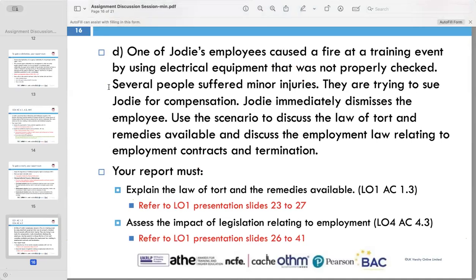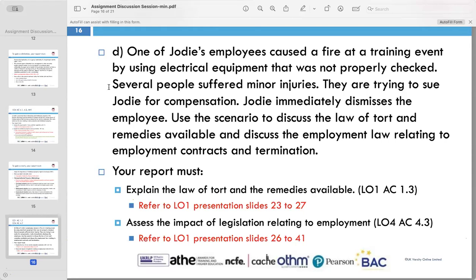Okay. Yes, Jody. So, Hanesh, my question is, for example, if she is telling about this, there will be two different aspects. For example, before she dismisses the employee, if she comes to us, then we can advise her, okay, don't dismiss. We will find out some... Wait here, Swapna. Just wait for a second. I got your point. You mean that she should give him or her a chance to explain his or her side. Am I right?